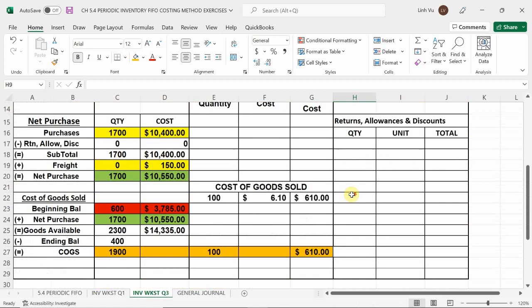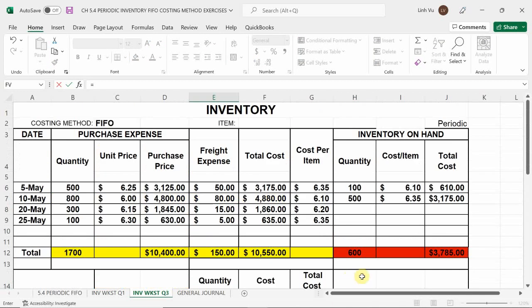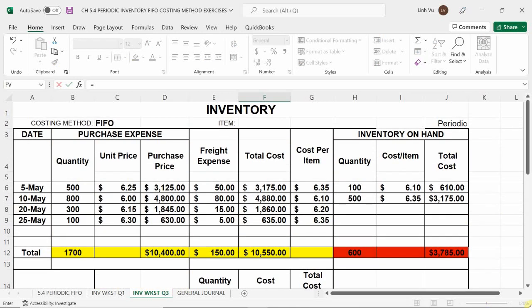So you got rid of your first 100 items. You have a long way to keep going. So in this case, which batch of inventory are we going to sell from next? The 500 at 635 from your beginning inventory. Not the one that we just purchased. So in this case, 500 at 635, which gave you